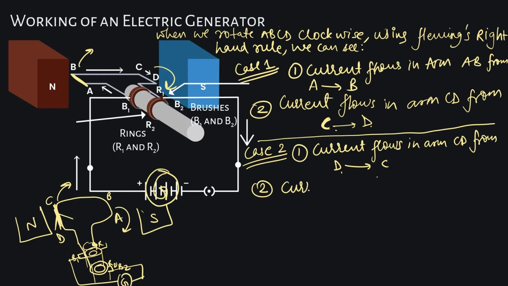Then again, we write current. You can write whole sentences, okay? You write using Fleming's left hand rule. We see that current in arm AB is from B to A, right? Now, what is interesting to note here is that the direction of current